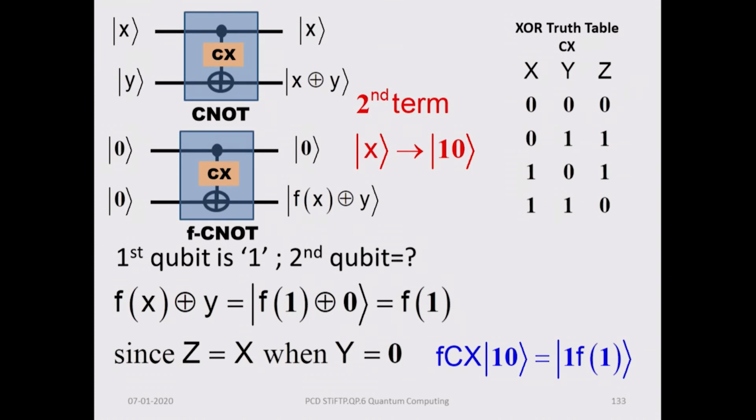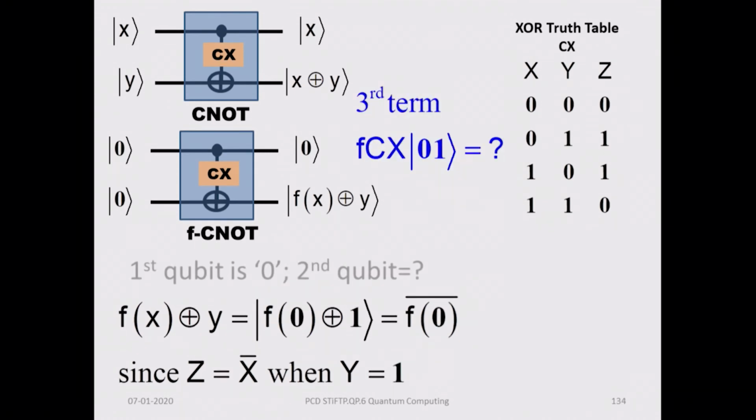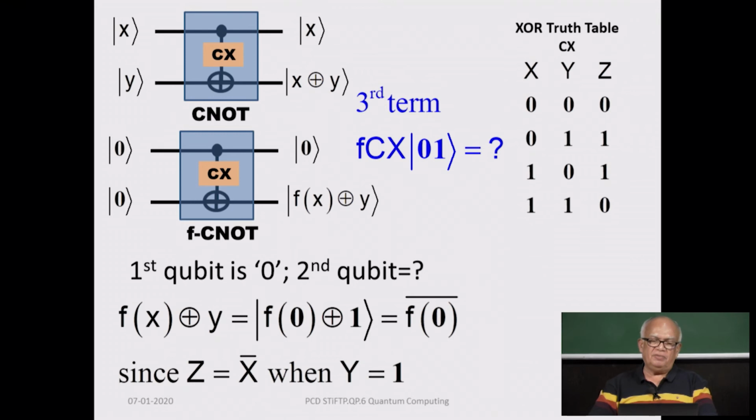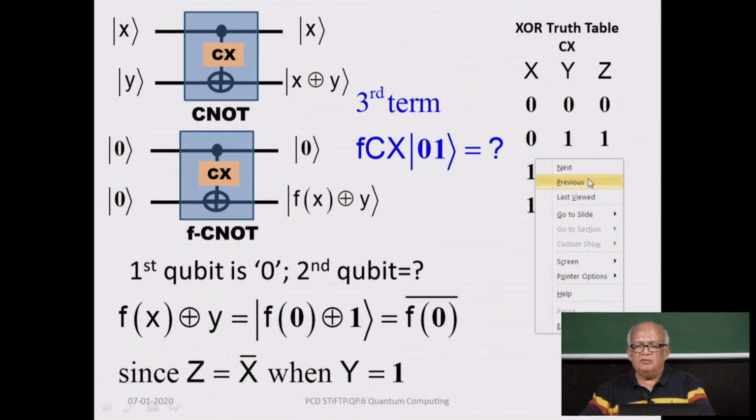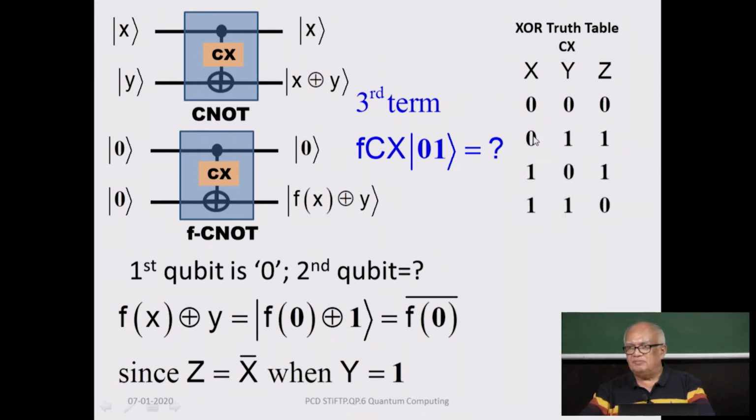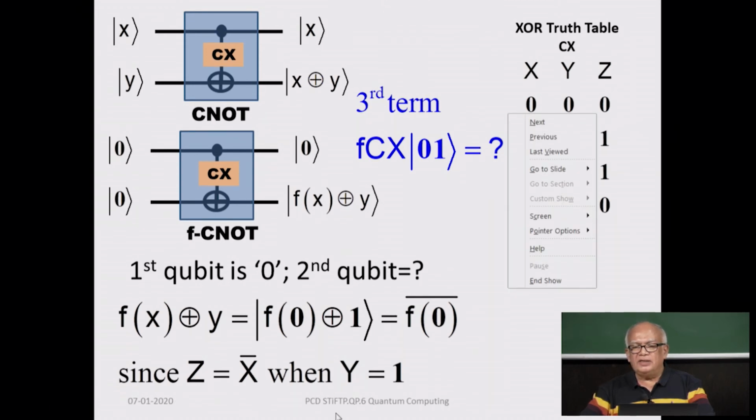So, you got the second term, and now you can get the third term, which I need not discuss in details except point out that now y is equal to 1, all right. You have to determine function control not of 0 1. So, x is 0, but y is not 0 this time, y is equal to 1, and when y is 1, where is it? When y is 1, z is the opposite of x. Here in the second term again,